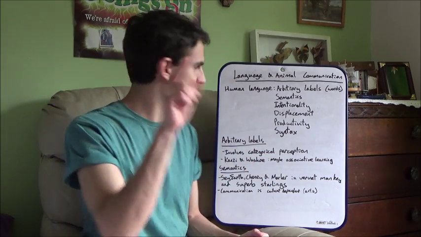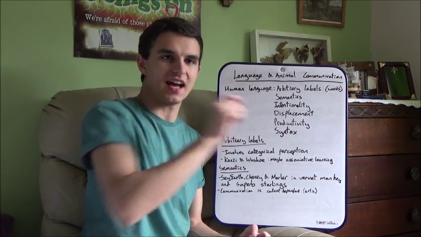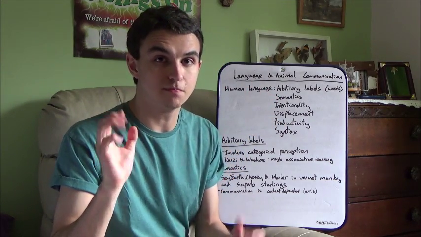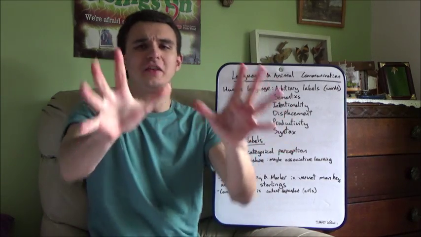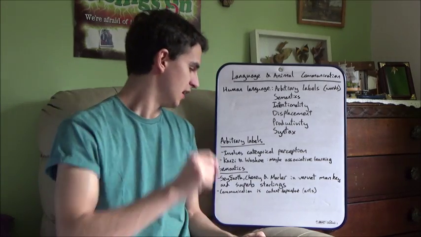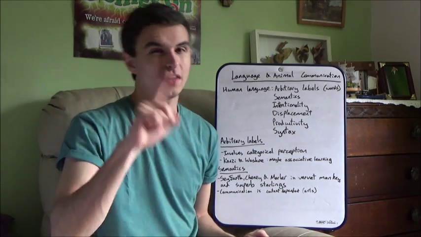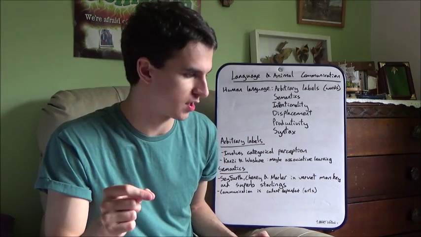Okay, so that brings us on to our second bit. We want to see whether animals attribute meaning to particular signals. And by far the best study, possibly one of the best studies we're going to cover in this series, I think, to show this was done by not chimps but another primate, vervet monkeys in Africa.